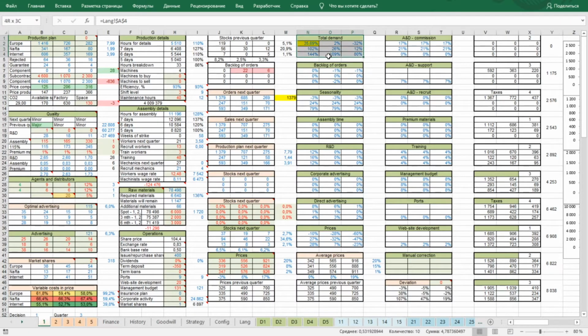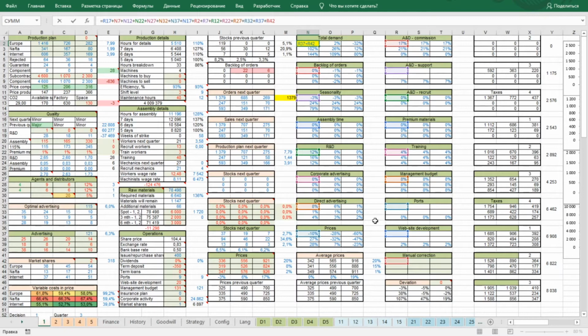The forecast value in the total demand table consists of forecasts of changes in demand for each of the factors: backlog of orders, seasonality, assembly time, research and development, advertising, prices, agents and distributors, high quality raw materials, training, management budget, ports, website development, and also manual correction.